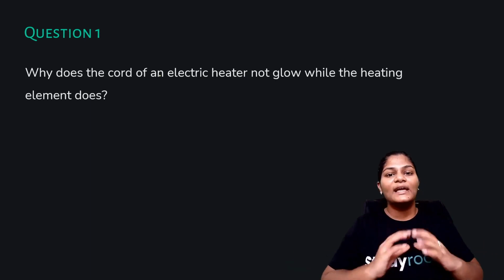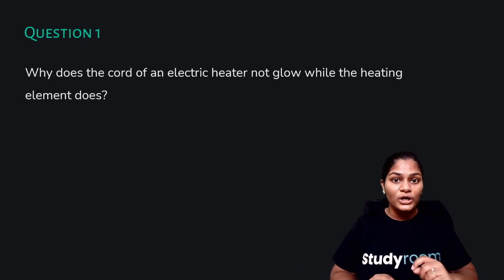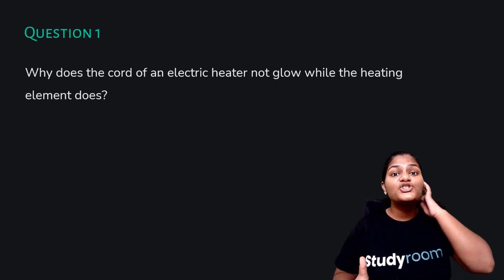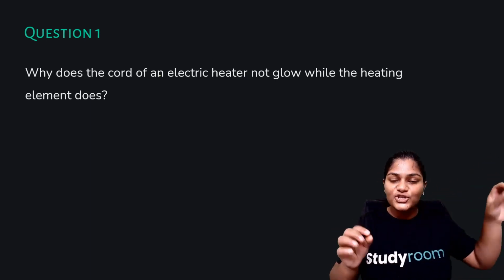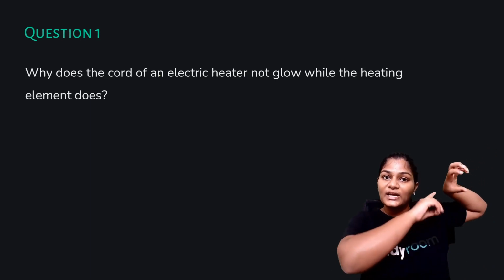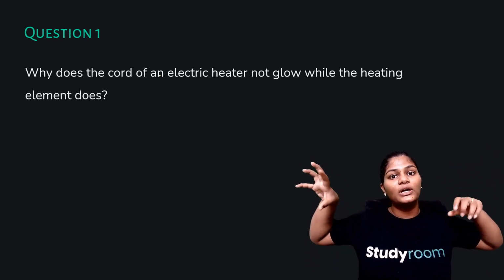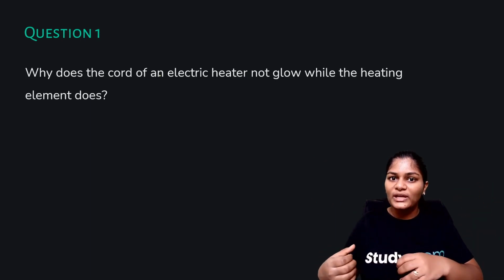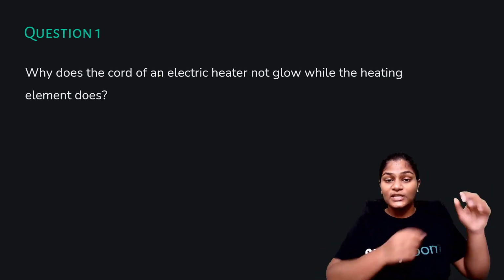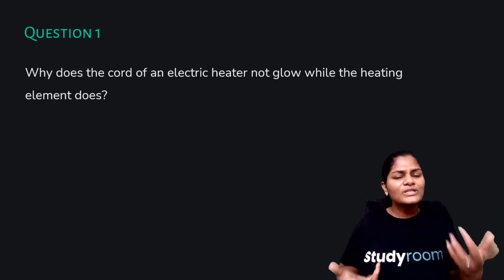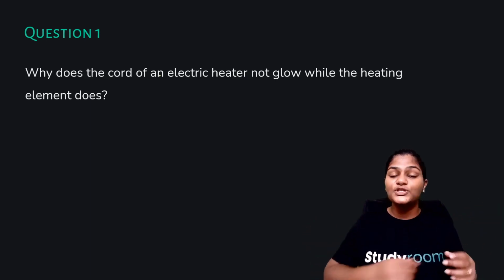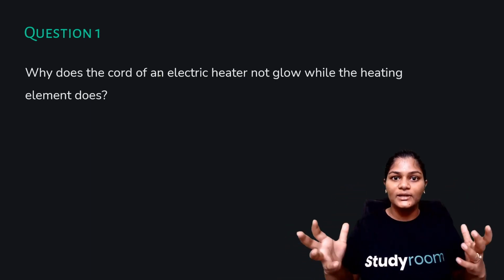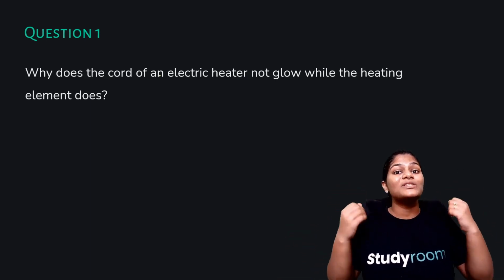So why is that? That is because the cord is actually not meant for heating purposes, right? The cord is just meant to be the completion of the circuit from the plug so that electricity can come from the plug and get to the heater. So should we have a low resistance wire as the cord or a high resistance wire as the cord, which is the connection? Obviously a low resistance wire, right? We just want electricity to flow easily through it. But the heater, we want the heater to produce heat.